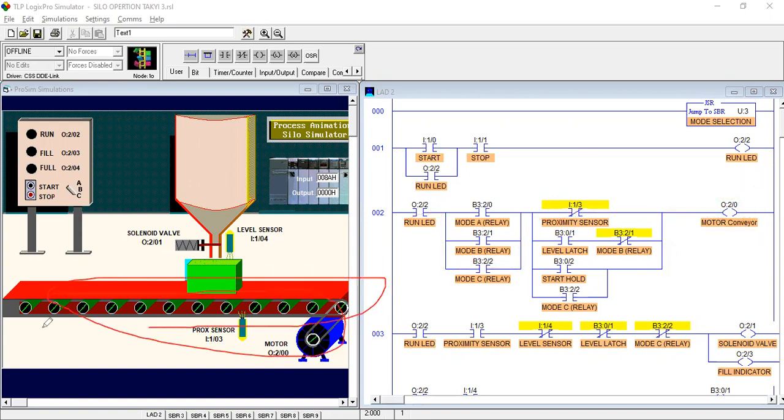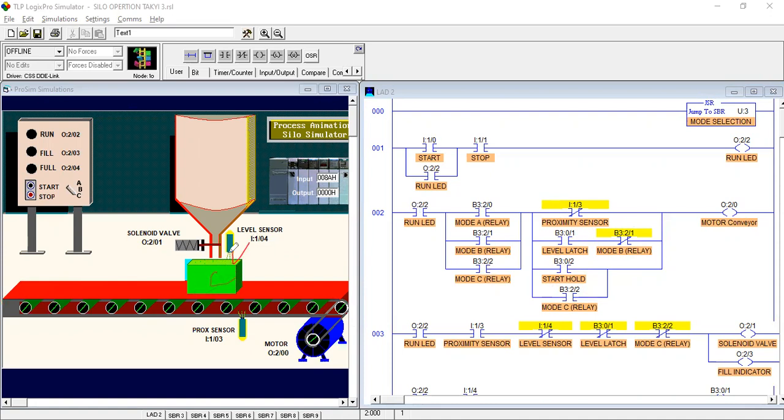Okay, it's moving after reaching the power supply, after going through that system. And this is mode B. This is the start, hold, binary. As you can see, these are the binary bits. So this is the mode selection C, B, level latch, start, hold. Level latch is for measuring our liquid, how much liquid will be filled in our box.